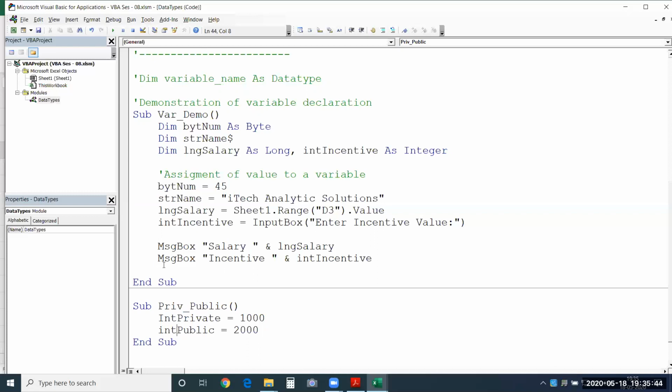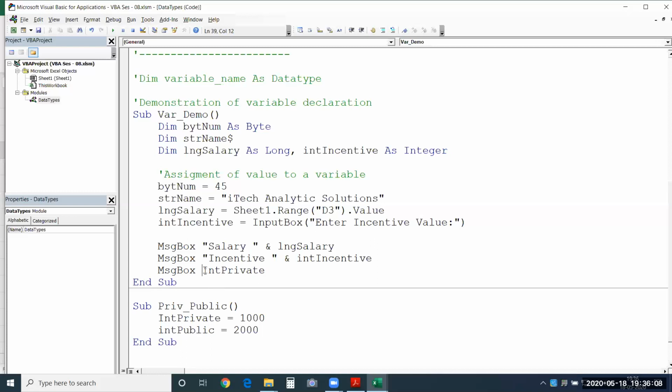Let me show you that. I'll use this int private within this message box. Please note, you should assign value to those variables and you should have executed this in order to see that the value is stored in it.